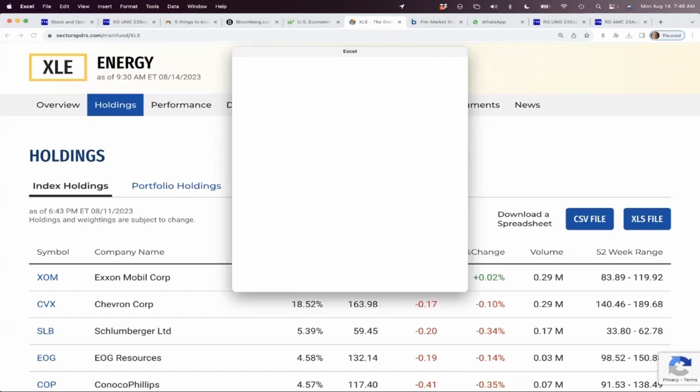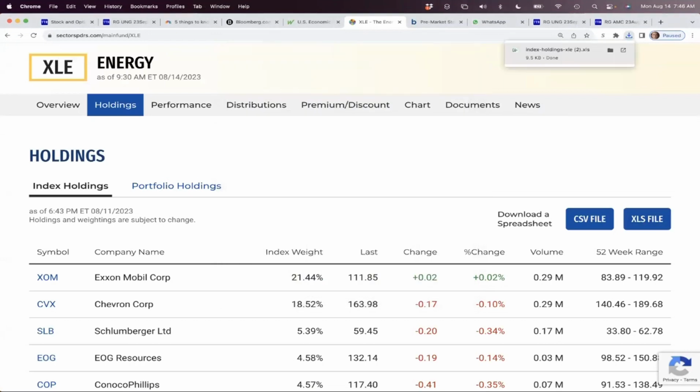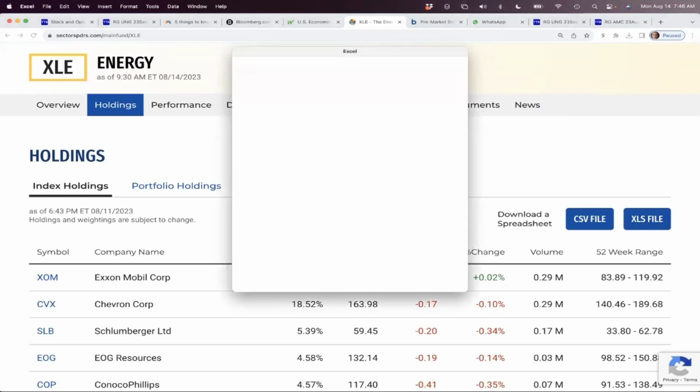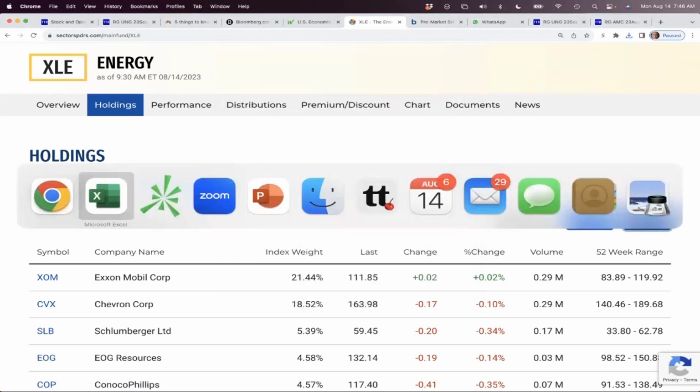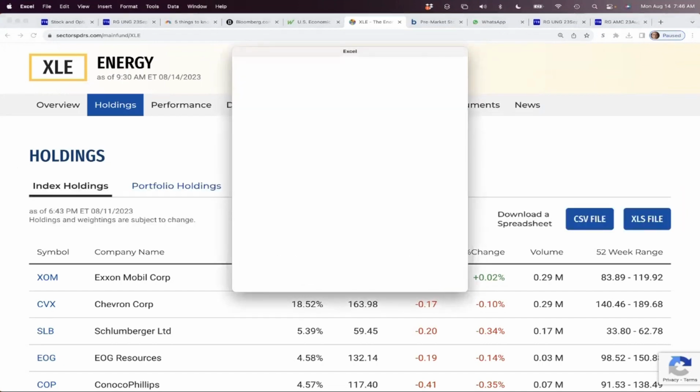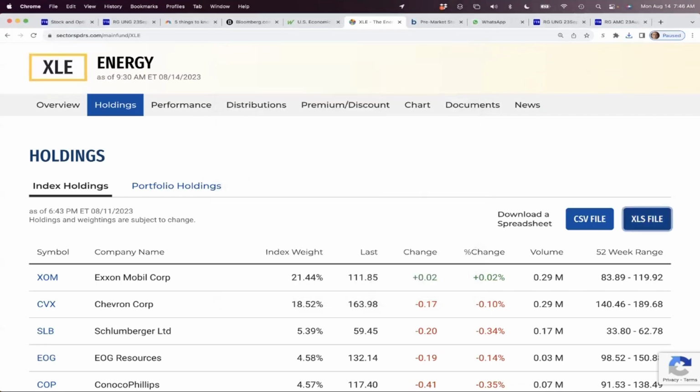And what's happening here? Try that again. My Excel's not working. I've had a crash, obviously. All right, now. So I'm going to have to restart Excel, but basically what you do is you get the